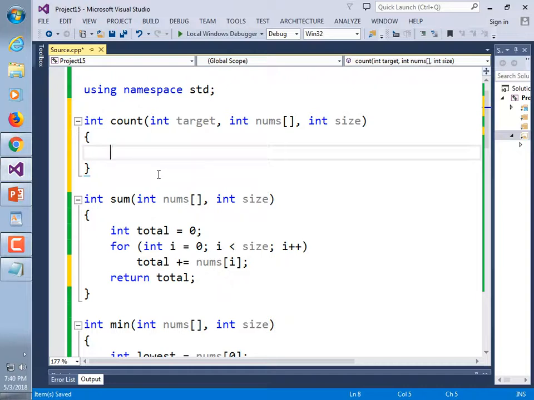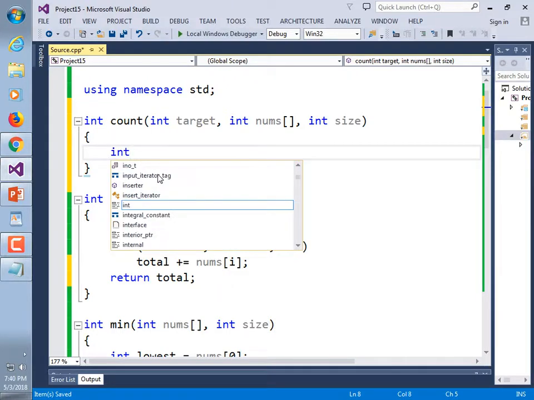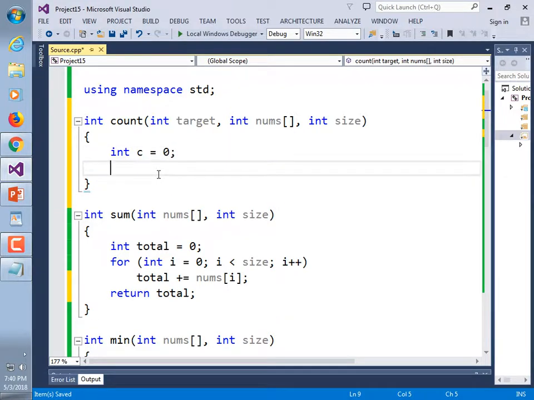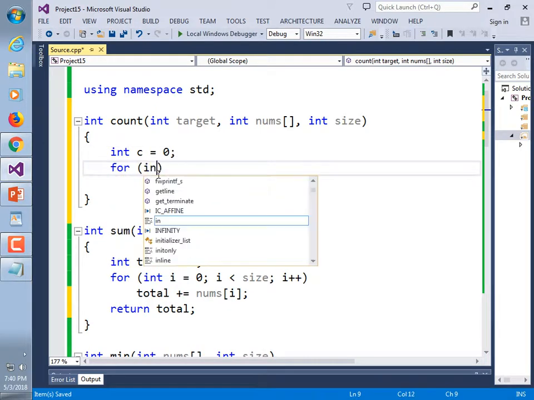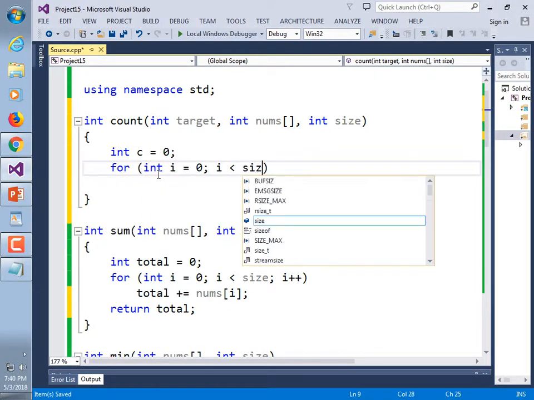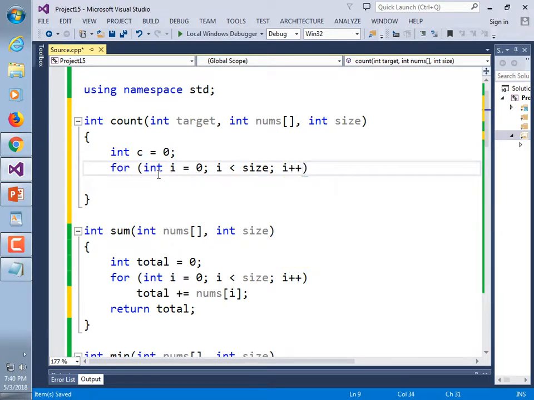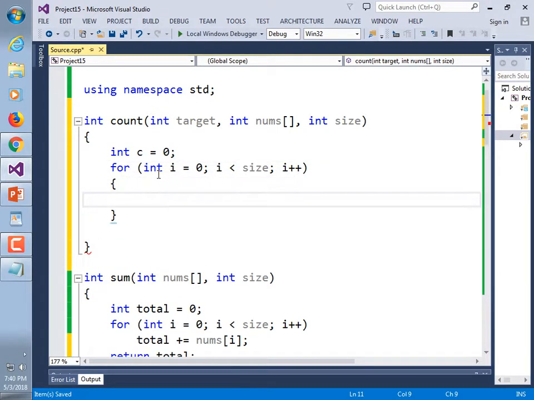Now we need a counter, so I'm going to call it int c is equal to 0. Now our for loop. Getting real tired of typing it, just go and copy it from here. For int i is equal to 0, i is less than size, i plus plus. Curly brace. If nums subscript i equals our target,